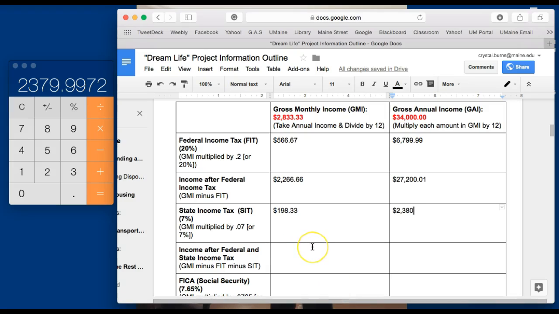Now we need to take this amount here, right? Now that we've taken our federal taxes out, we're a little bit closer to figuring out how much our disposable income is. Now we have to subtract our state taxes from this number. So I'm going to take these two numbers here,